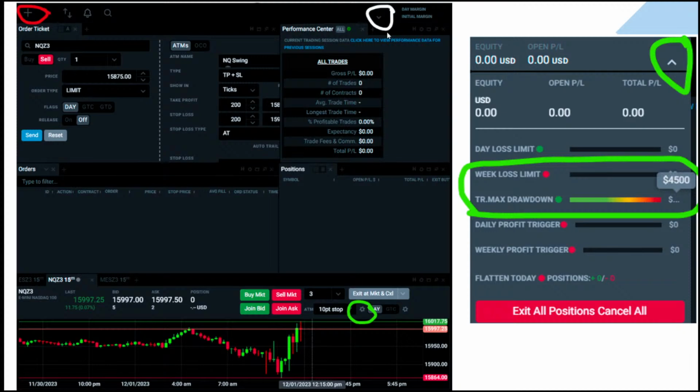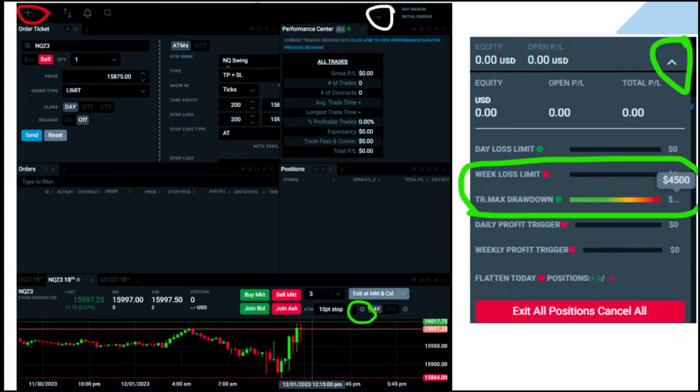But I found this out today and I had no idea this was even a thing until someone else told me about it. So John, thank you. This little white caret right here, if you click this, it drops down this menu on the right side here. Now on Top Step, it doesn't really matter because you have a daily loss limit, and Top Step is really great. It actually shows you exactly what your loss limit is.